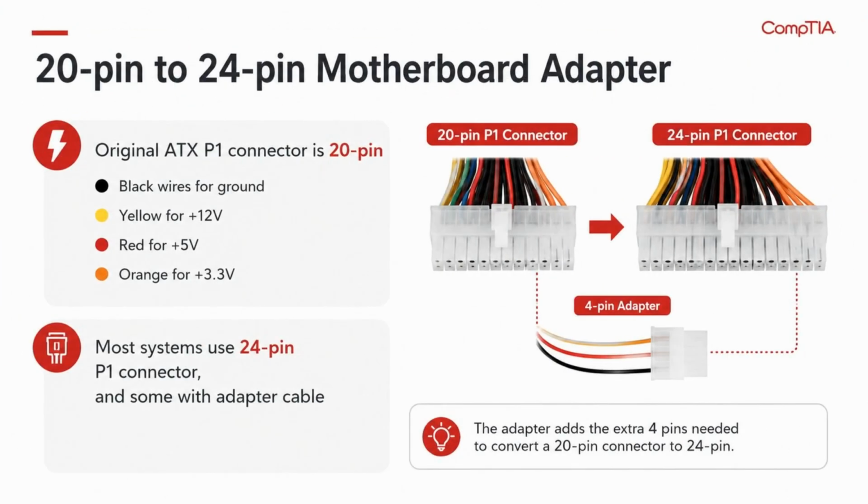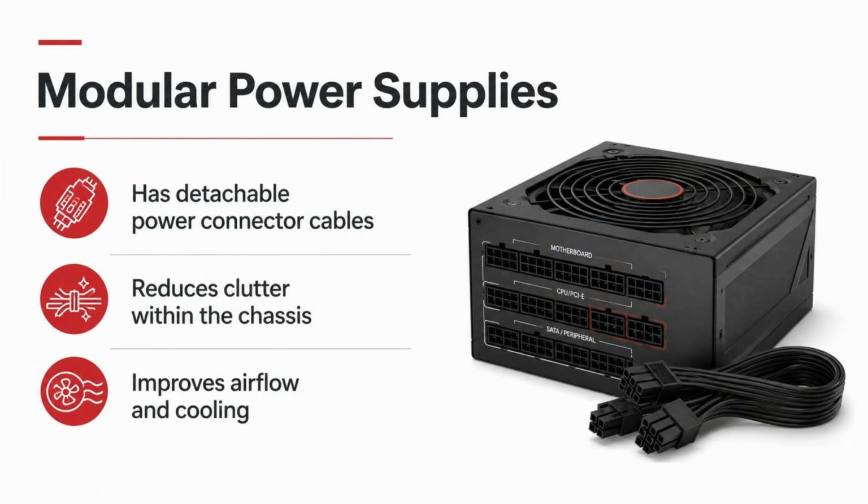While older systems used a 20-pin connector, modern motherboards standardly use a 24-pin P1 connector. If you are working with older hardware, you may need a 20 to 24-pin adapter cable to make the connection. Finally, consider modular power supplies. By using detachable cables, you can reduce internal clutter and significantly improve airflow, which helps keep your system running cooler